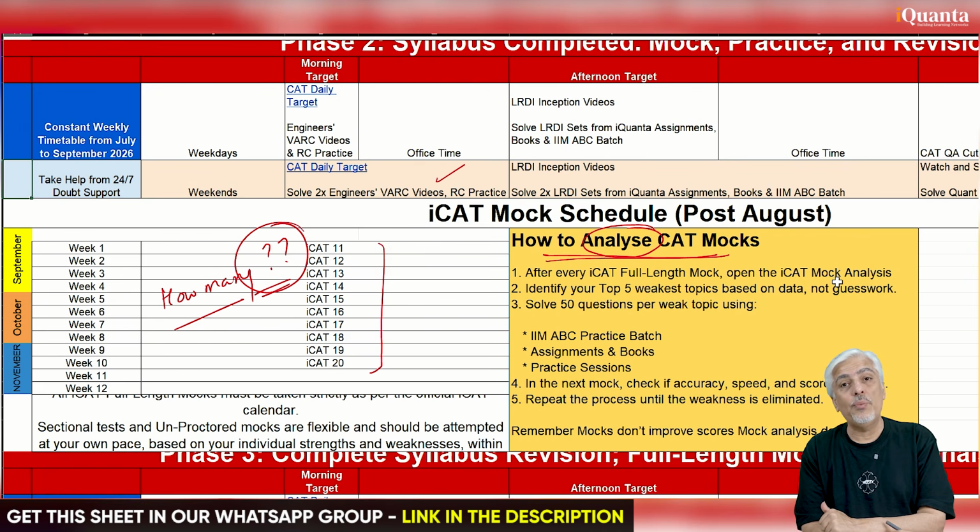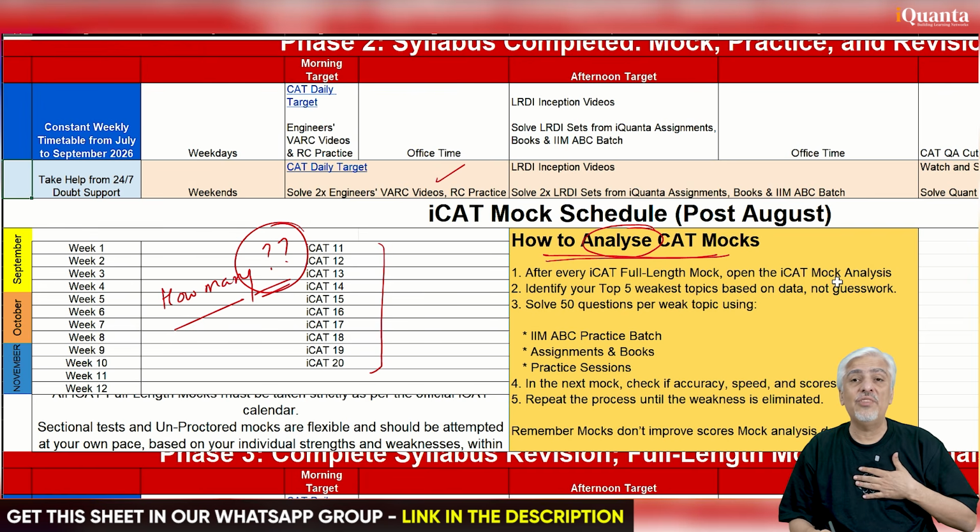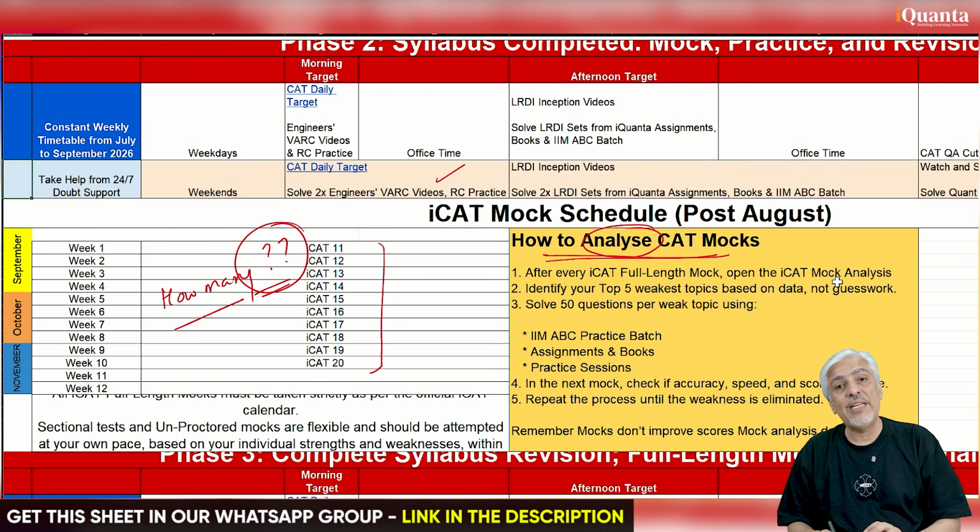See, knowing a topic also tells me, am I able to identify a C and leave it? Level C questions are most of the time supposed to be left alone, even if they are from the topic which you are comfortable with. So for example, I am very comfortable with geometry, but does that mean I will do geometry level C questions? Never. That's the important part. You always have to be careful that way. So how to analyze and what the analysis tells you is very important.